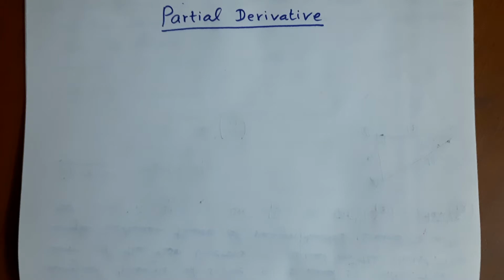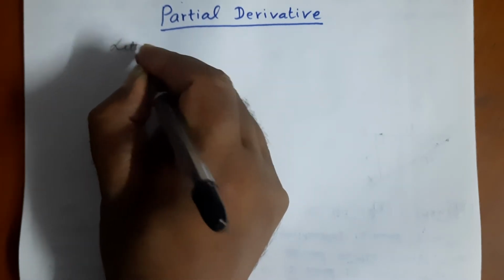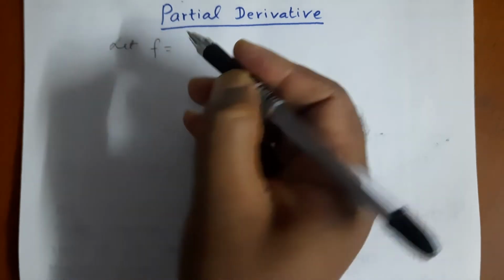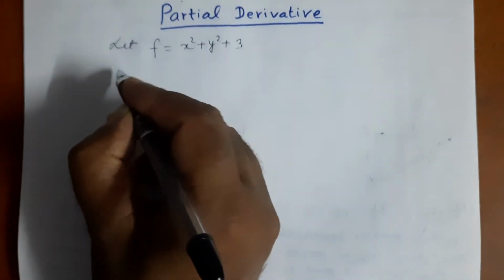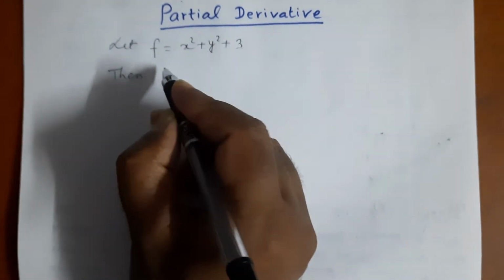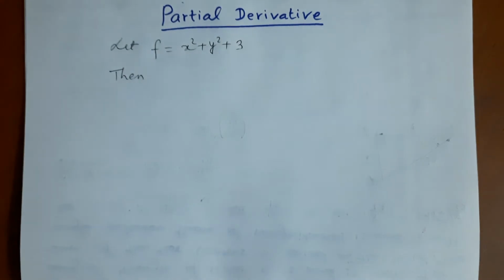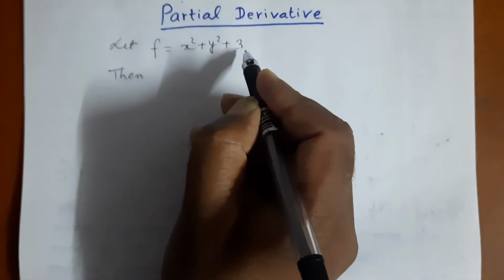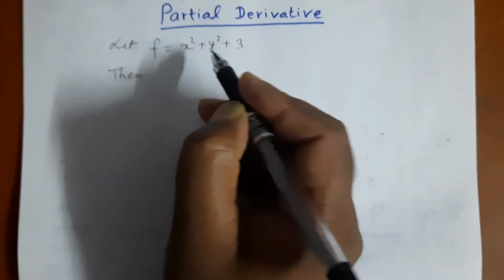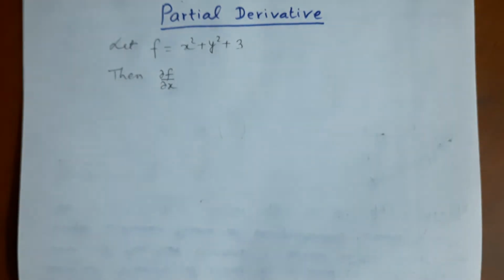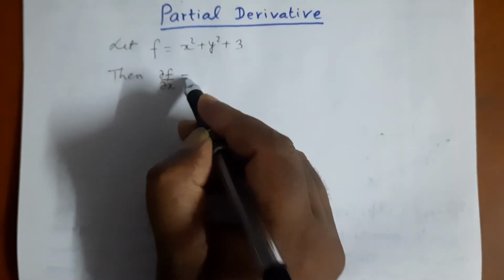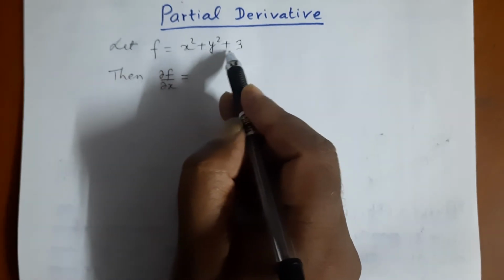Now I'm starting today's topic, partial derivative. Let f equals x square plus y square plus 3. Here, the partial derivative of this function f, you can write f(x, y) also, is denoted by del f over del x. And partial derivative of this function with respect to x means derivative of this expression